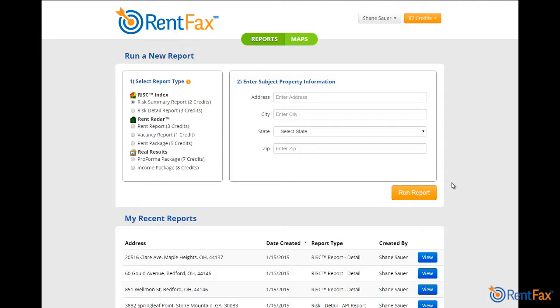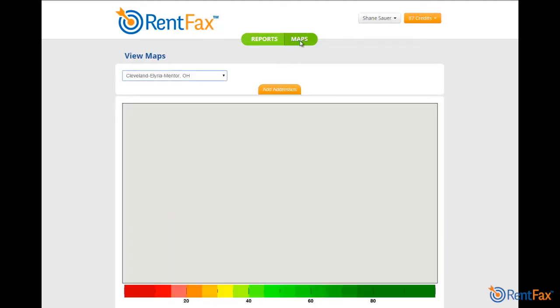Welcome. In this video I want to show you how to use the map function within RentFax. What you're seeing on my screen here is I've logged into RentFax. Up here I want to point out two buttons, these green buttons. One is the reports and maps. These are navigation buttons. Right now the reports is toggled. And here's the maps. I'm going to click over to maps real quick and you can see what it looks